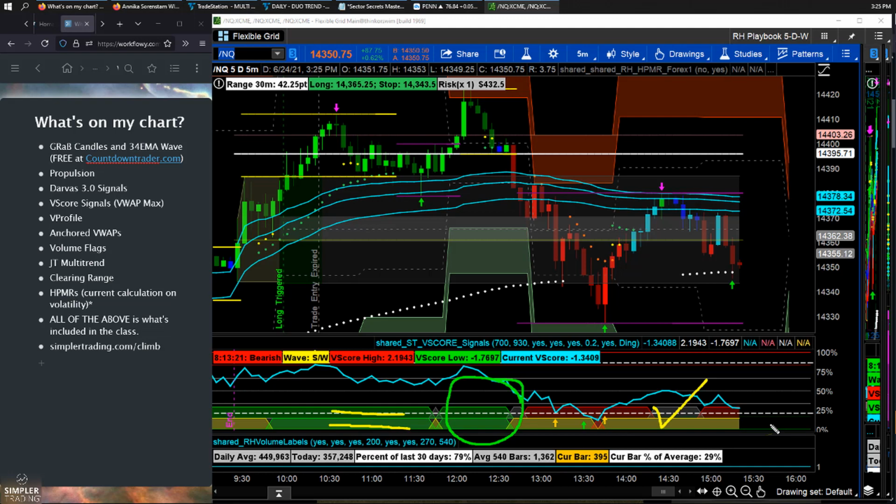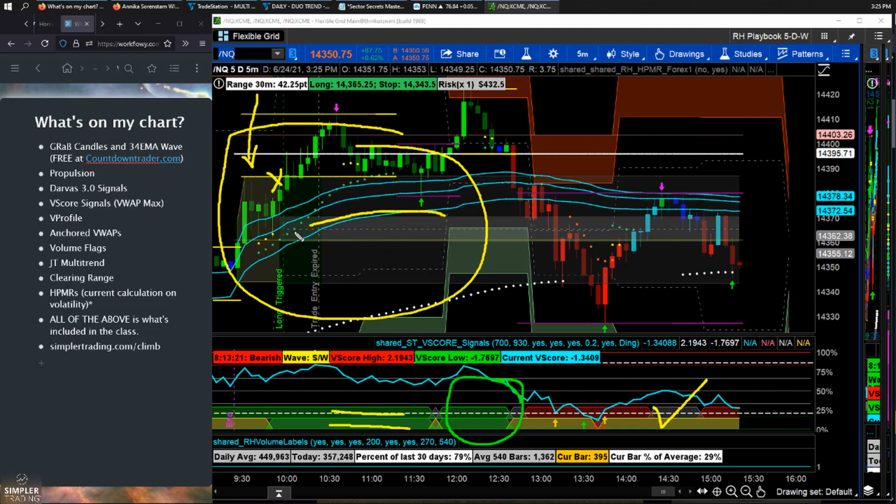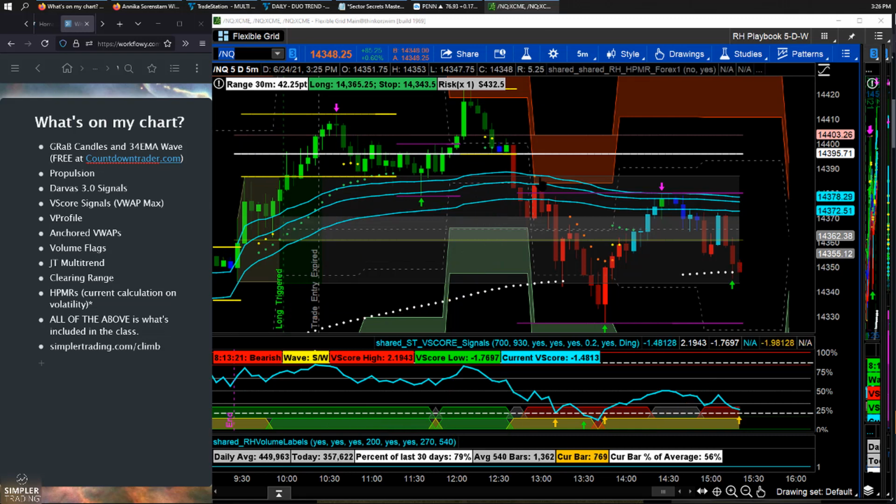Trending, non-trending. Hugely important. We've got the clearing range tool that I talked about earlier in Charts and Coffee and other places, monitoring the high-low, monitoring when we have a breach and the zone that I'd like to buy in. So all of that is automated. And this version, this class that I'm doing on Saturday, the cool thing is that